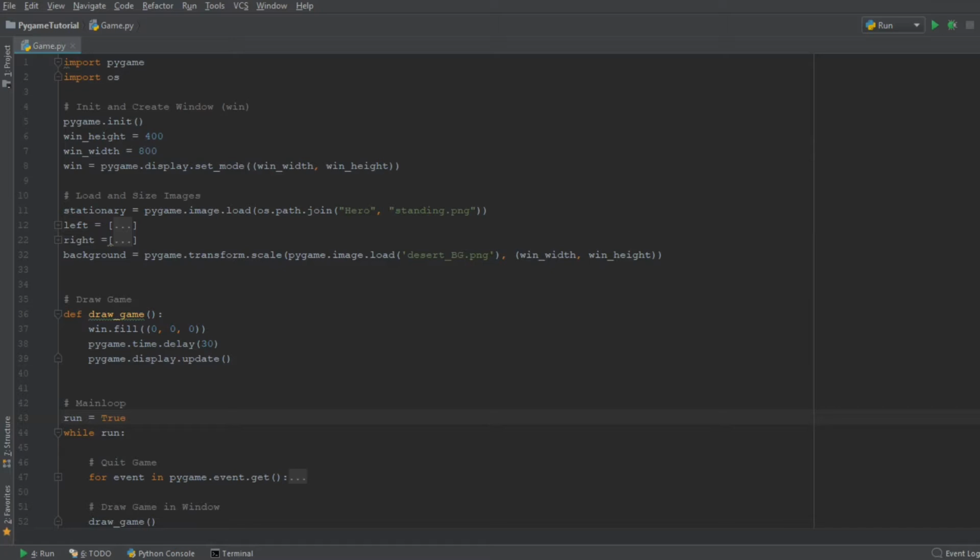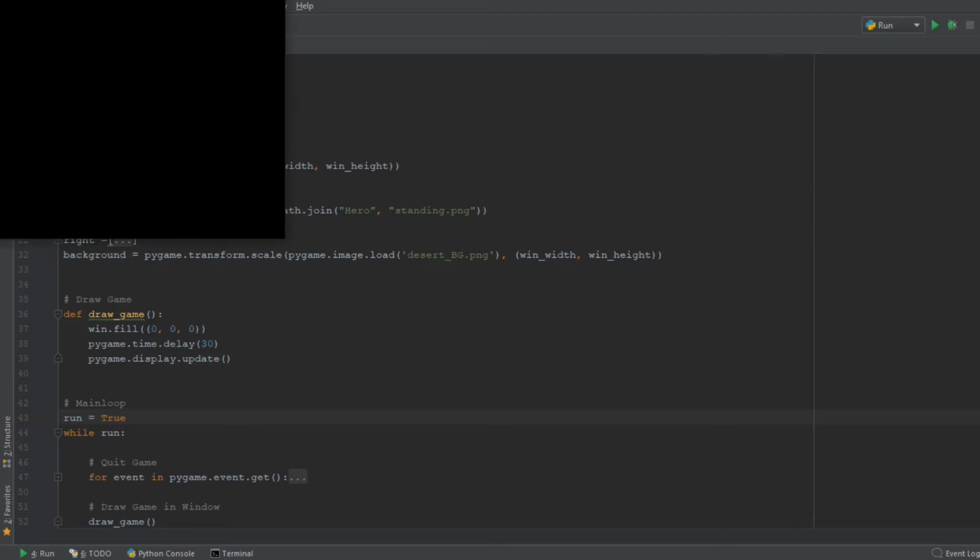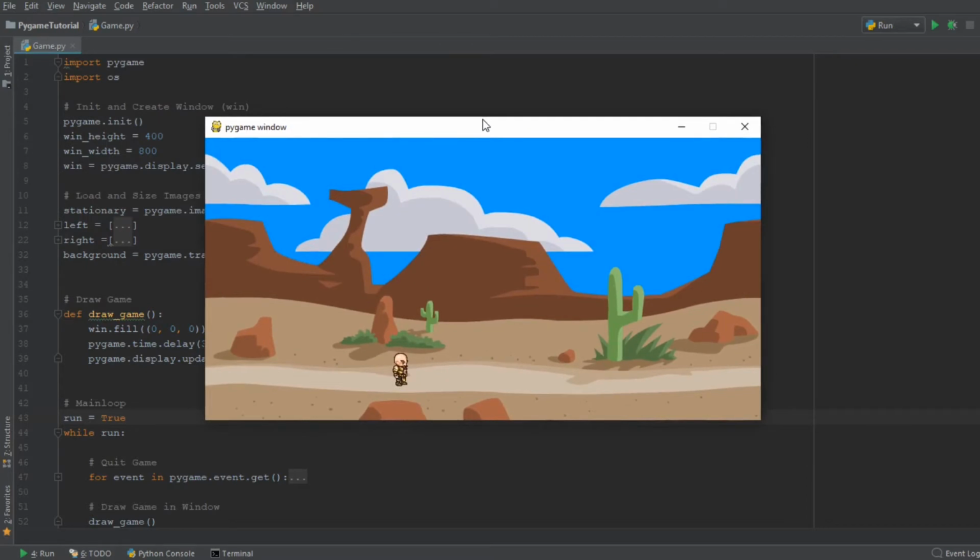Up until this point in the series, we've already learned quite a lot of new things. We've learned how to animate a character, how to make him move within certain limits of the screen, how to create a background, and how to make our character jump. Now in today's video, we're going to be uniting all these concepts and making one single canvas with all the